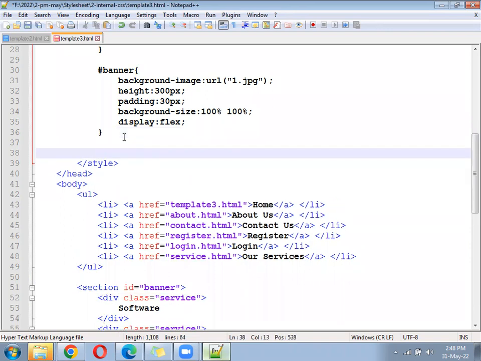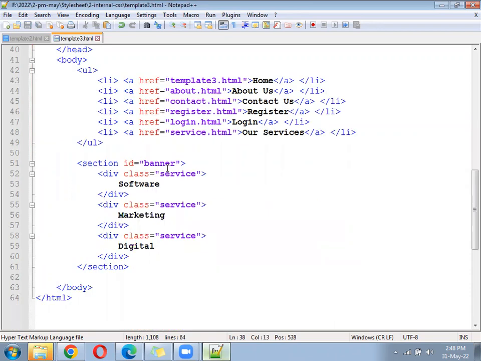Okay, now the question is, we have written the class service. What do you understand by class? That should look similar or different? Should look similar, right? Wherever the word class comes, it represents similarity.